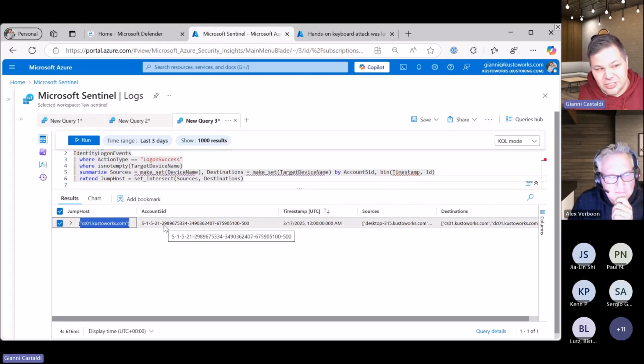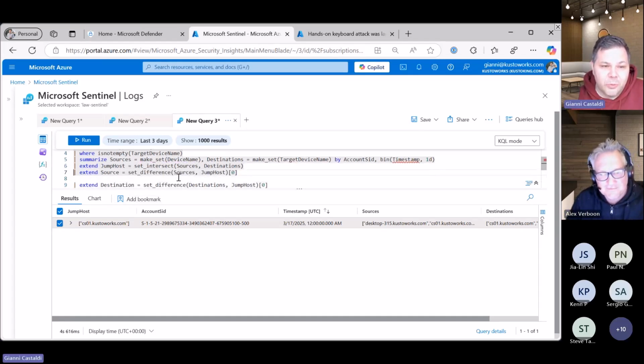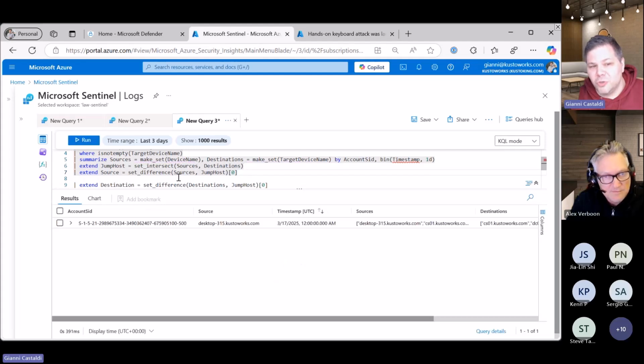This is in my small environment, so you can see this relatively easily. But if you have a bigger environment, you have to do some tuning, because you can maybe have an administrator working on 10 devices at the same time to perform a Windows update or anything, if he has to do it manually. So you need to have some filtering, but for this use case, it's a good starting position because we have sources, destination, and jump host, in this case the CS01. So next would be to find out, okay, then we also want to have the source.